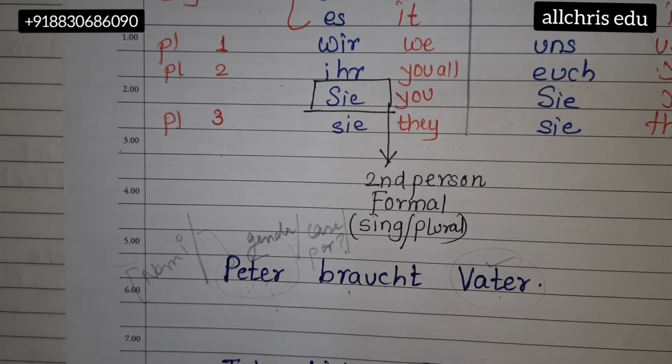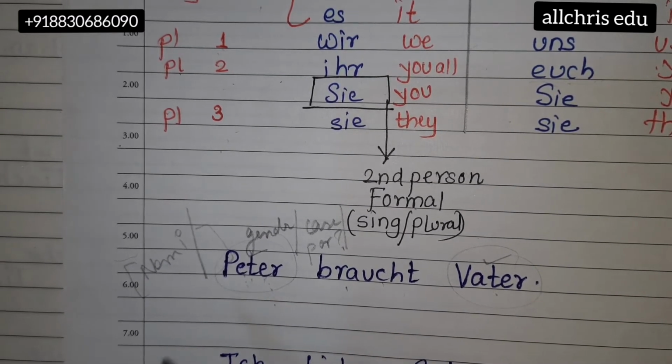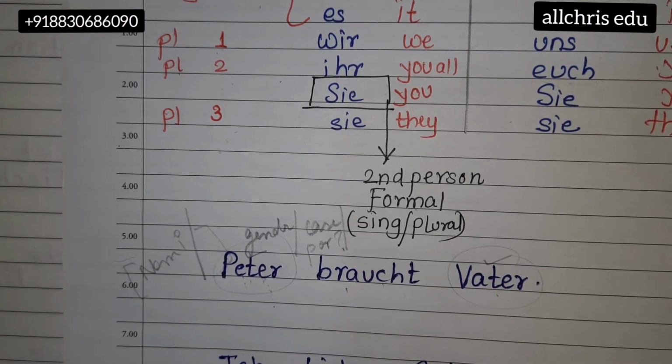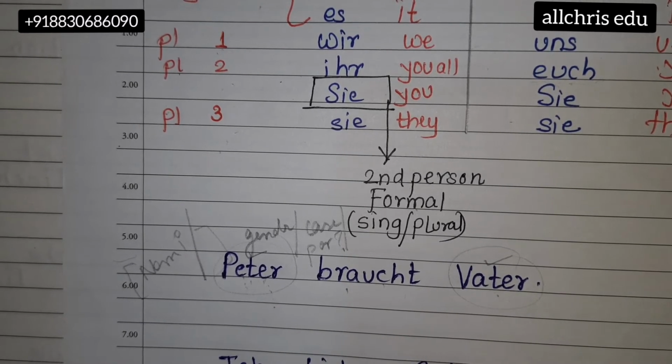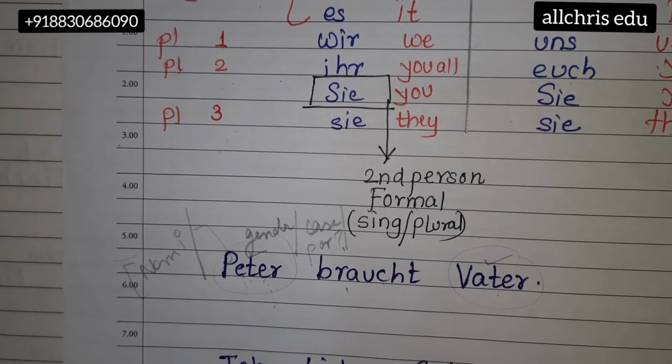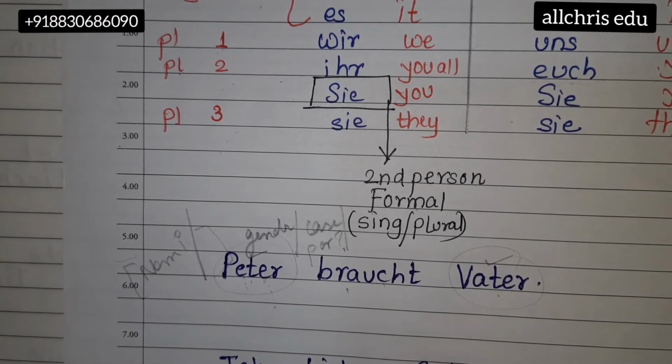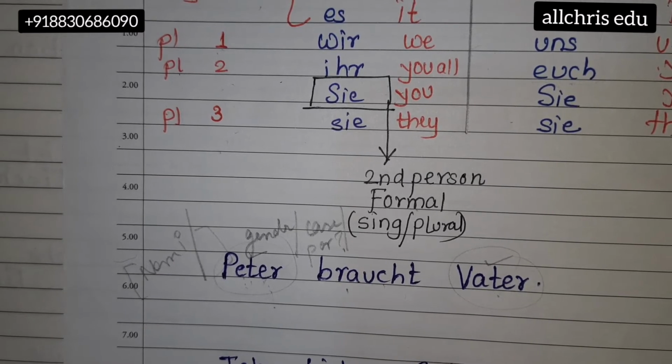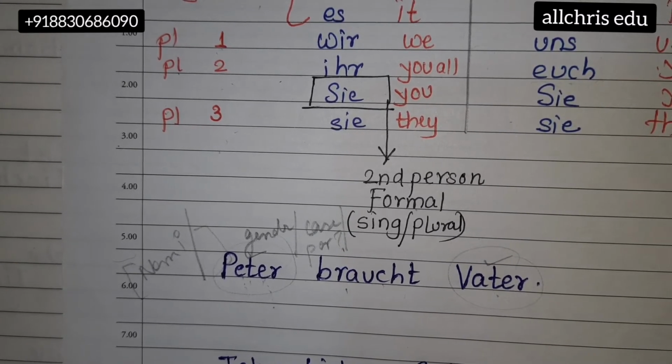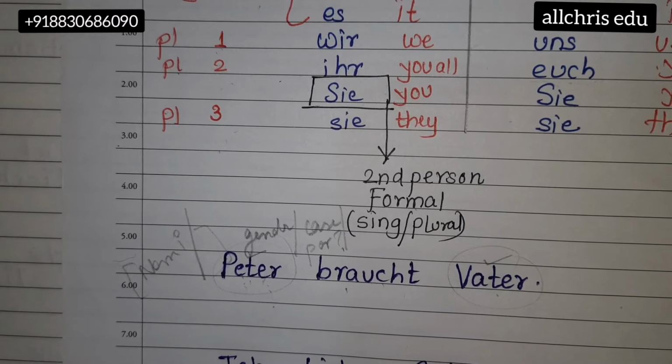So let's go to the person now. Peter is first person, Peter is second person, or Peter is third person. Which person is Peter? Now Peter, we are not Peter, so it cannot be first person, because whenever you are Peter, there the word ich will come for sure. If you are talking to Peter, that means there will be a comma after the noun. Whenever there is a comma after a noun, I have already given you a hint that when you talk to somebody, after their name, a comma is mentioned, exclamatory marks are there, hello Peter can be a hint for you all.